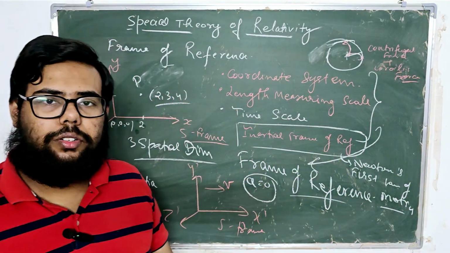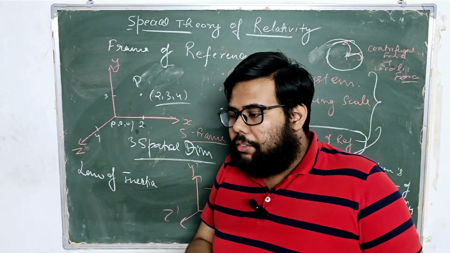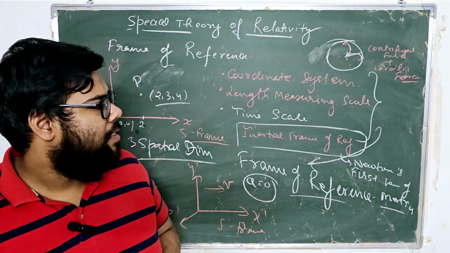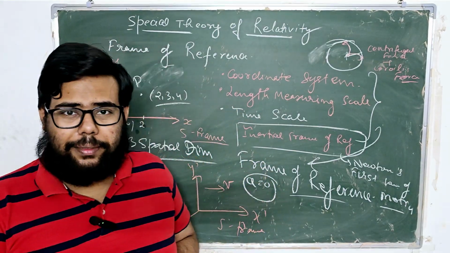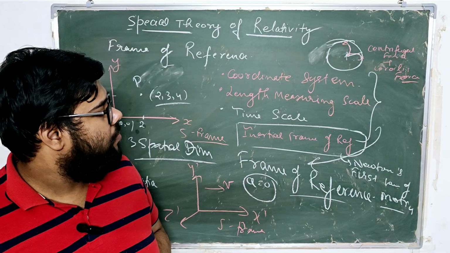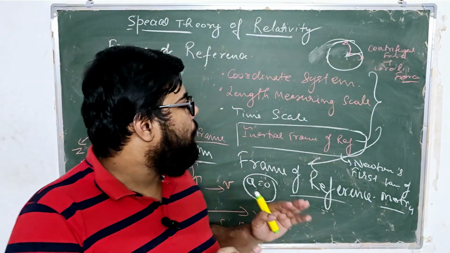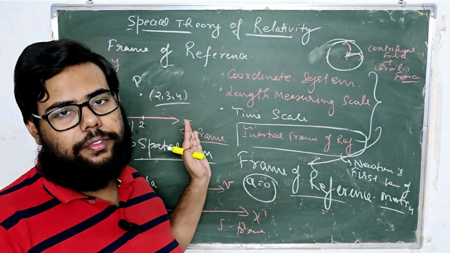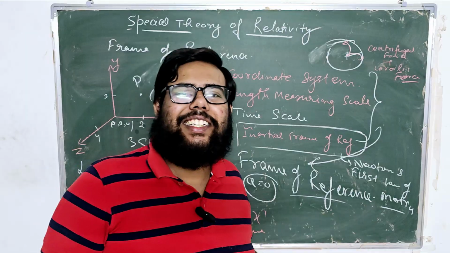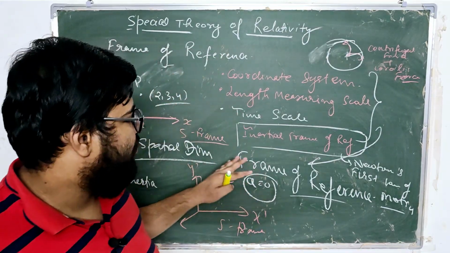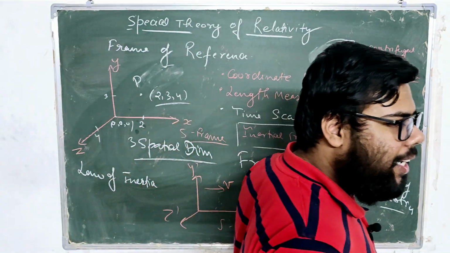And these two are the pseudo forces over here. So it means that in a non-inertial frame of reference, we can take help of pseudo forces to explain it, right? And in the special theory of relativity, we don't deal with non-inertial frames of reference. We just deal with inertial frames of reference in relativity. So this was the basic introduction to relativity.